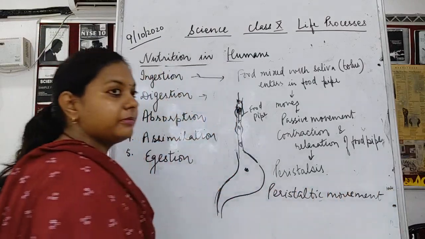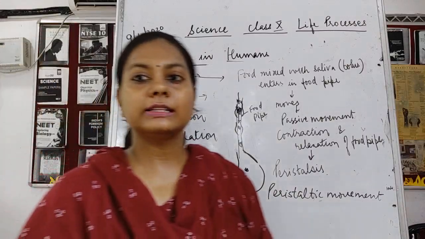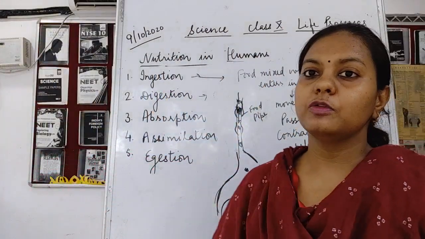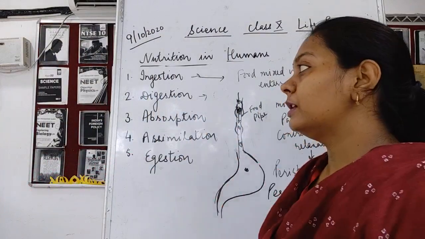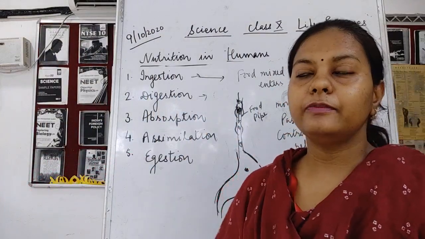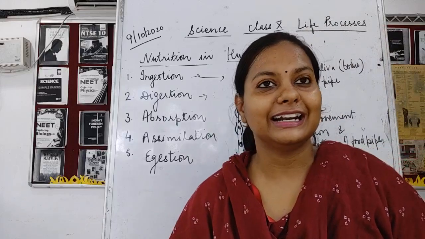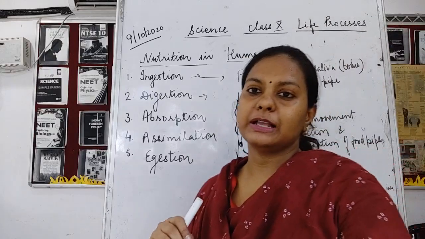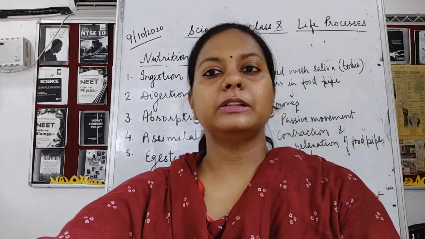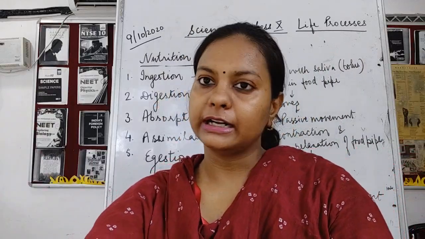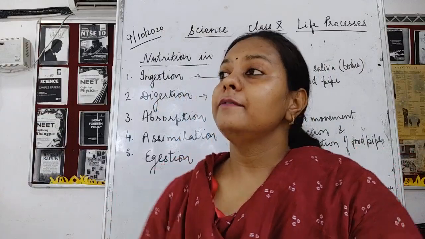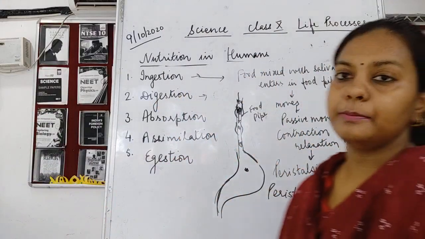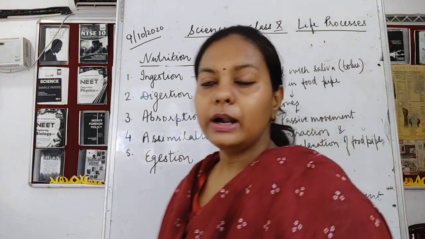Now children, please remember that peristaltic movement means a way by which food is moving passively. Passively, what does this mean? Active and passive we have only studied in English, but here also there is the active process and the passive process. So please remember the meaning of the active process and the passive process here. We are talking about the movement of the food, and this peristalsis is the passive movement. Now what does this mean?